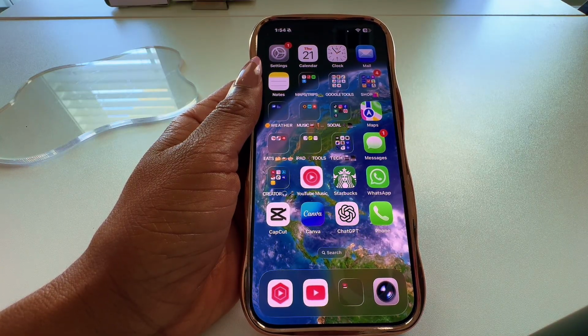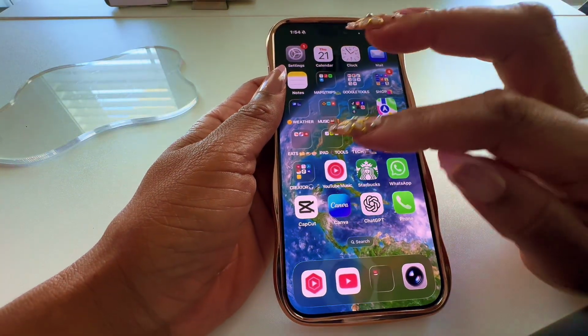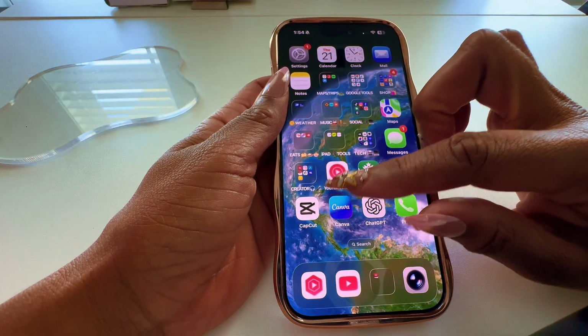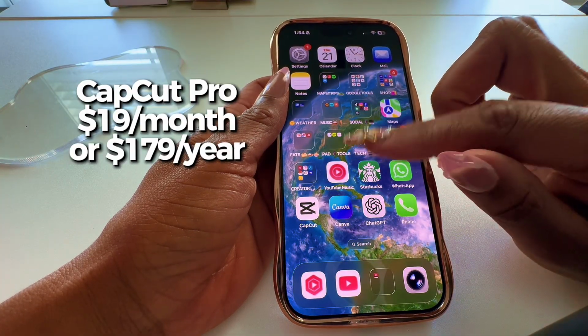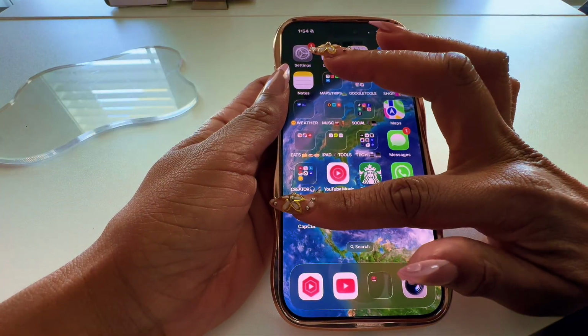I just wanted to show you how I edit my shorts in CapCut, the app CapCut right here. So all I do is I go to CapCut, and you can get the free or the paid one. I have the pro, but I started out with the free. So click on the app,